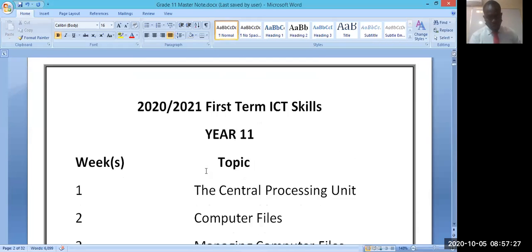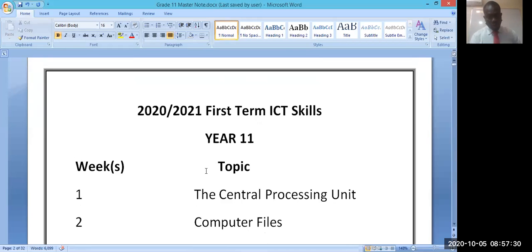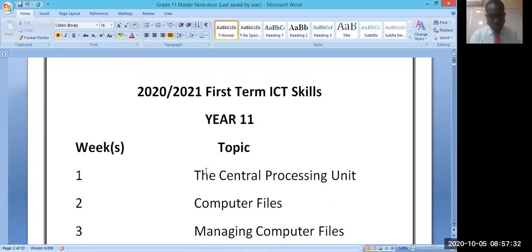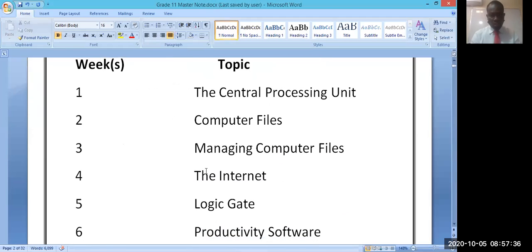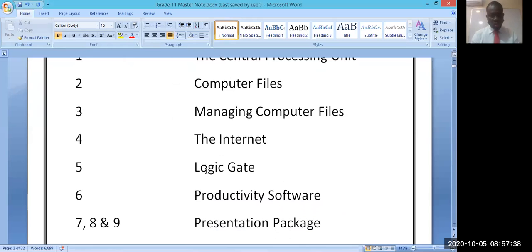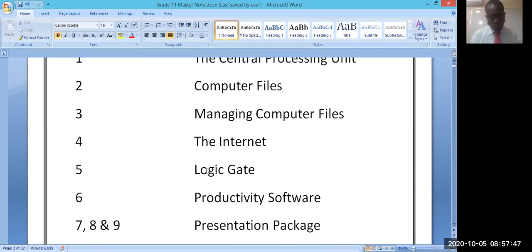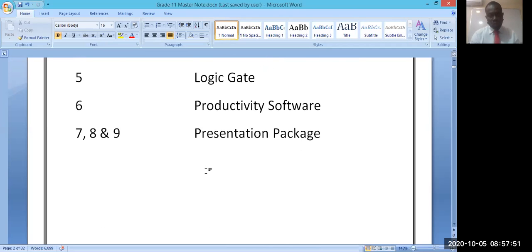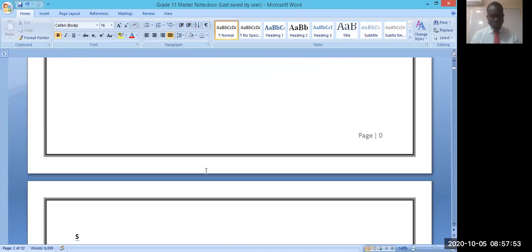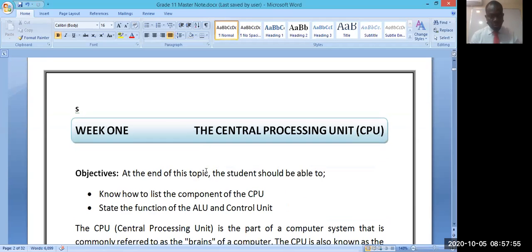It's probably your first class, but before we start talking about anything, I'd like us to look at the synopsis. For week one, we'll be having the CPU, computer files, managing files, the internet, logic gates. I know we talked about this in grade 9, logic gates, so we're talking about it again. As a matter of fact, the first topic, the CPU, has something to do with logic. Then productivity software, then we have presentation package. Because of time, and I don't want us to have a bulky video,